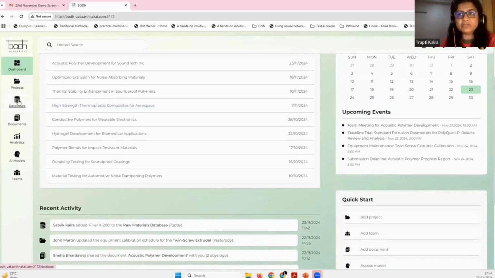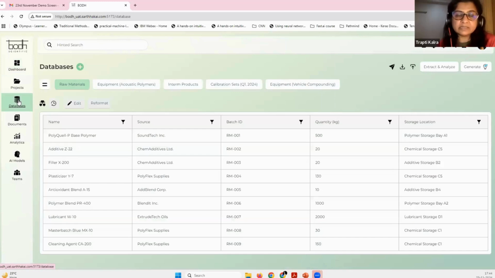And the good feature about this tool, and why I was saying it is actually quite broad in its area of application, is the idea that any organization can bring their own databases, historical. They can start fresh. I mean, you could start with no database at all. There's no restriction. But you could also bring in all the kind of databases that your organization uses. So here we are looking at raw materials, which is for